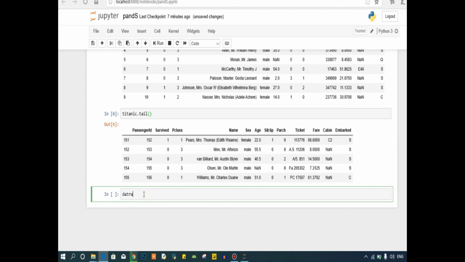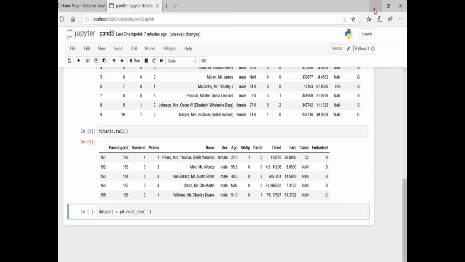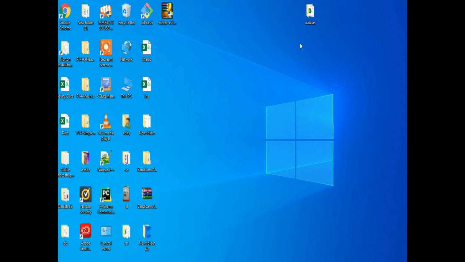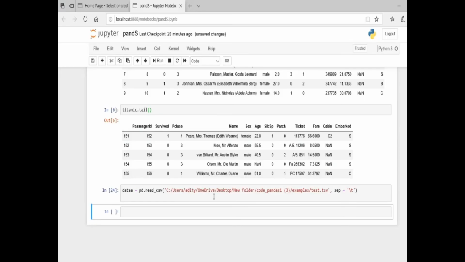So I will give the variable name dataset equal to pd dot read_csv, and here I am going to pass the file location, the path of my file, and here instead of writing the .csv file, you will write test.tsv.